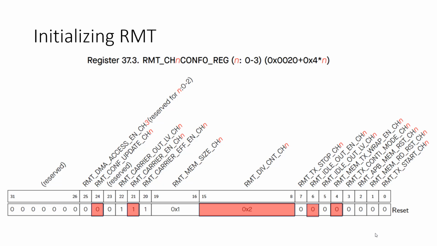The first 4 of the 8 are for transmitting only, and the second 4 are for receiving, or transmitting and receiving, one of the two. We're using channel 0 because we just want to transmit. We don't care about receiving, right? So the value of that N is 0 for us. We're using channel 0. The problem is that if you search in the technical reference manual,